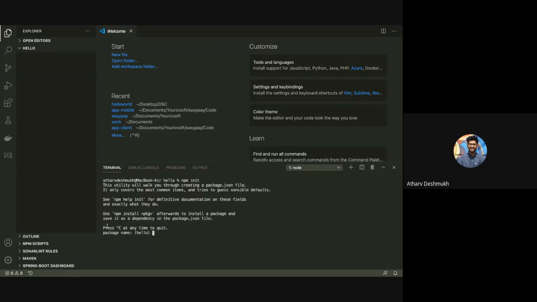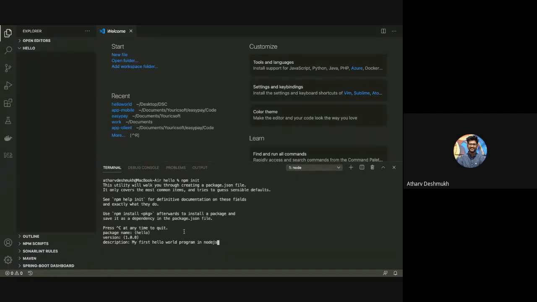Now it is asking me for my package name, and if I press enter, then my name by default will be hello. So I will just press enter, then version enter, description. Here I will give my description like my first hello world program in Node.js.